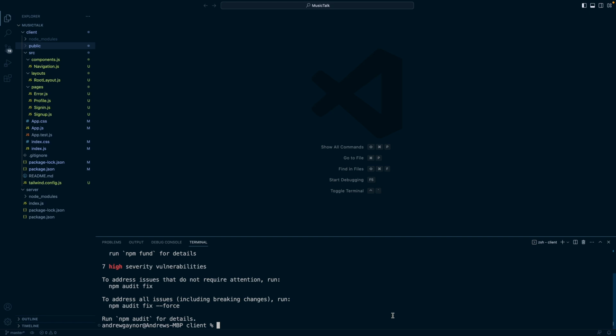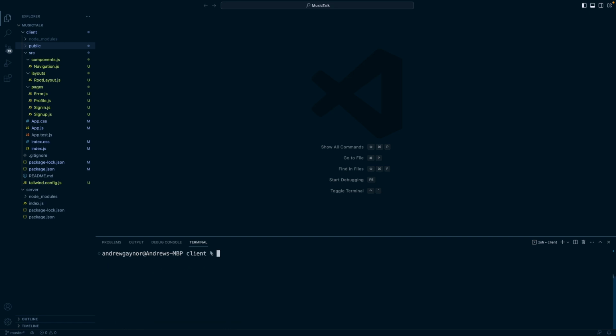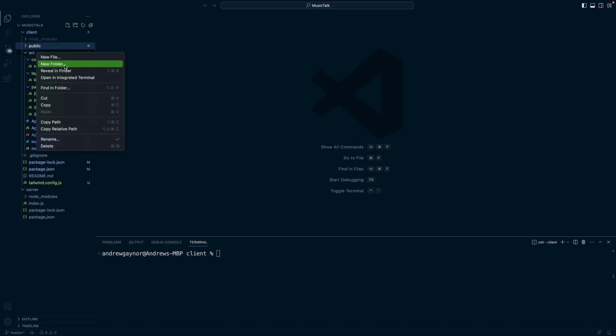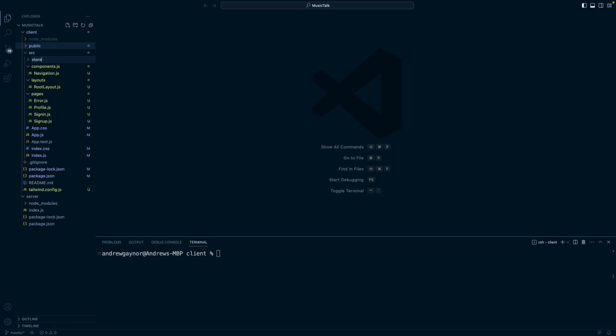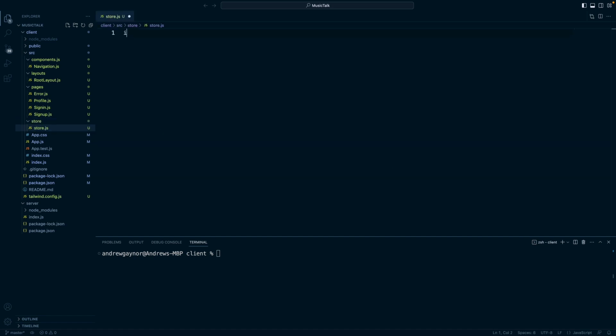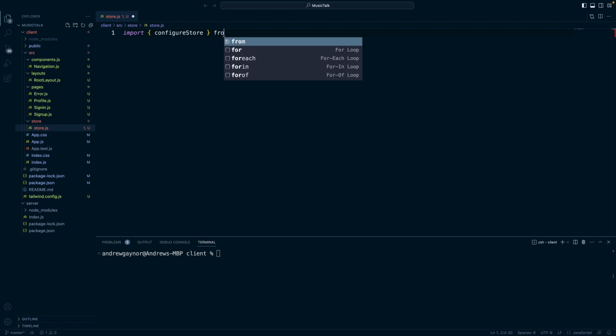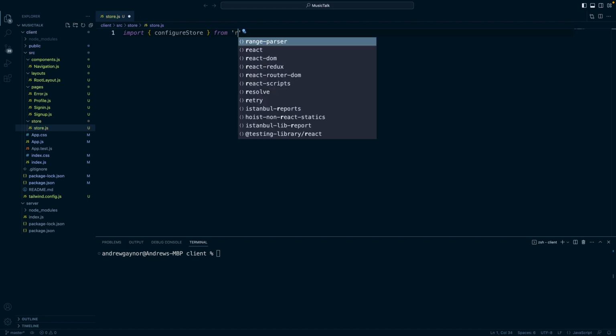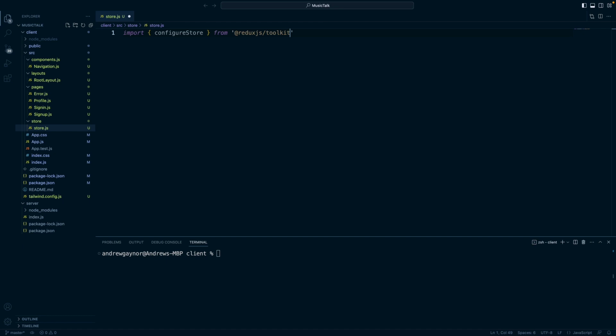Bunch of packages, high vulnerabilities, clear that. Now inside our project, we will create a store folder. Create a folder, call that store, and then inside that we'll create a file called store.js, and here we will import configureStore from Redux Toolkit,